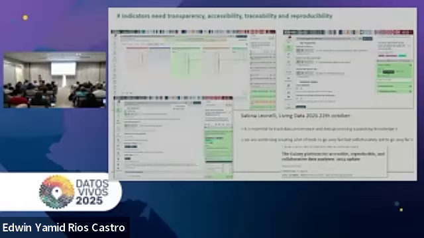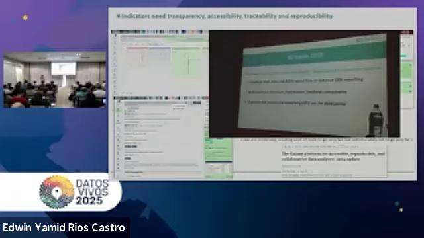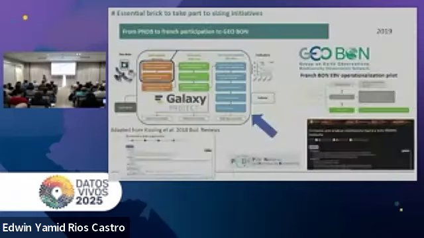And quite rapidly, I can go on to demonstrate some workflows we have. Something important said yesterday morning by Sabina Leonelli was that it is essential to track data provenance and data processing, supporting knowledge. And this is concretely what Galaxy can do: tracing the version of the tool, and allowing you to reproduce each tool with the parameters and the data sets used as inputs. I also have a picture from the GEO BON hands-on meetings saying something similar around the needs of traceability and provenance of source data and EBVs, and documentation of production protocol.